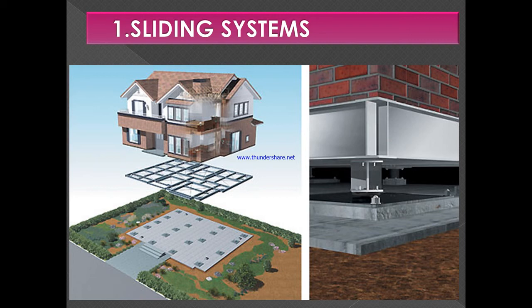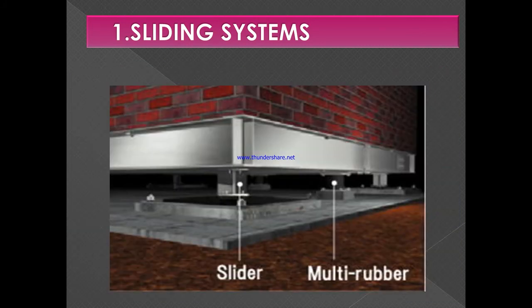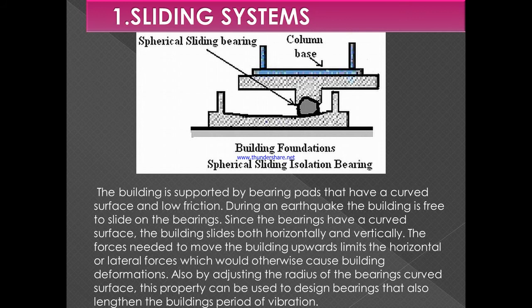If you see the second diagram, the base isolation device is provided to separate the superstructure and substructure. So at the plinth level itself, at the foundation level, this isolation device is provided, and the connection between the plinth and the foundation will be carried by the base isolator. The slider is provided at the corner portions, and the multi rubber bearing is provided at the intermediate portion. So how it works, let us see.